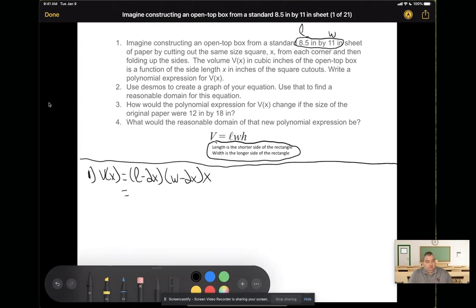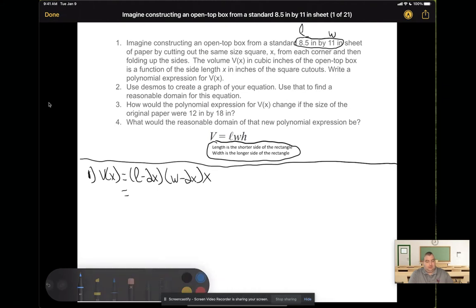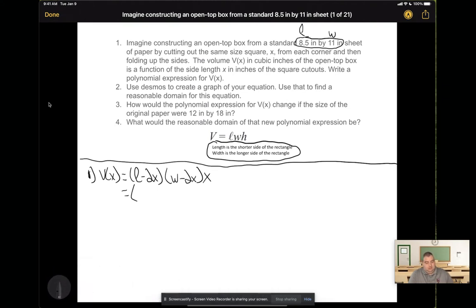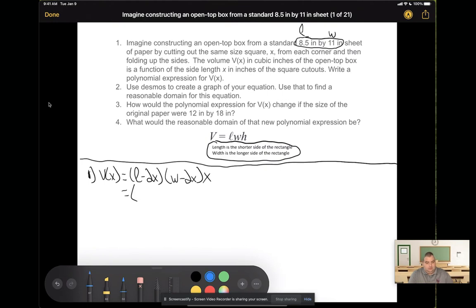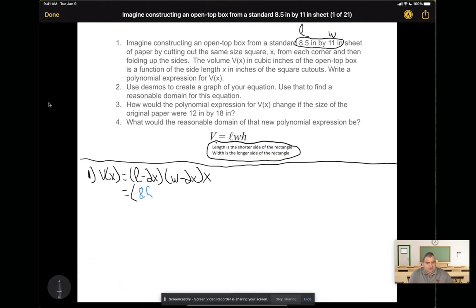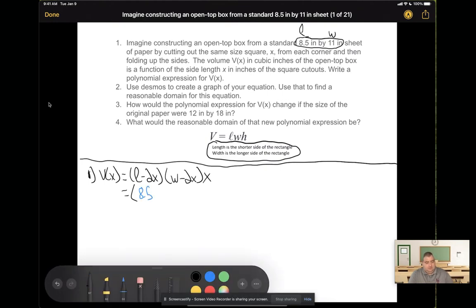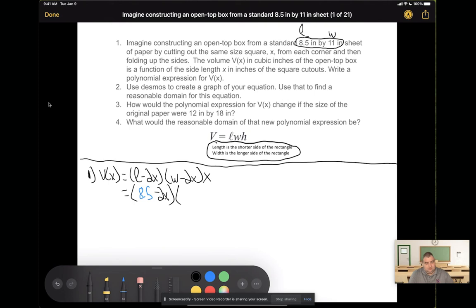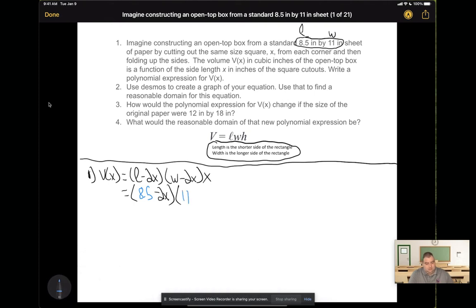So I'm going to plug in those numbers for L and W respectively. So that will give me 8.5 minus 2x times 11 minus 2x